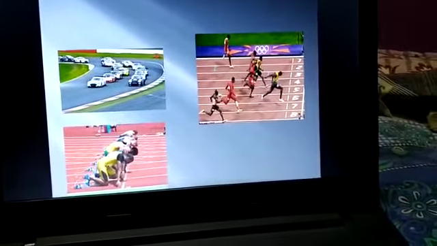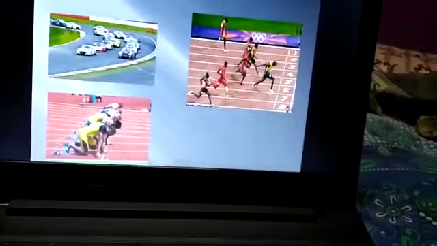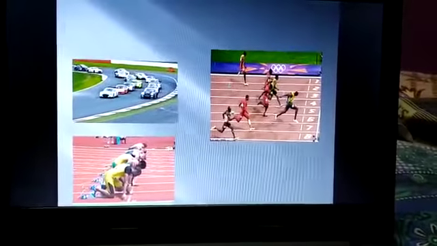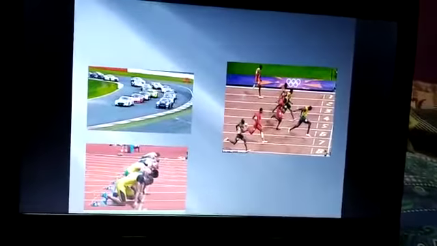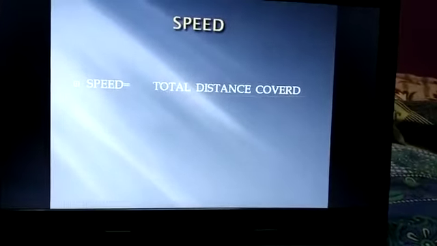A person goes from one place to another place, with what speed, in less time he covers. That's why speed is told as total distance covered